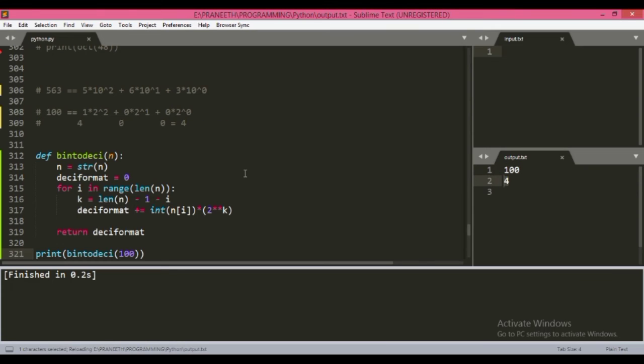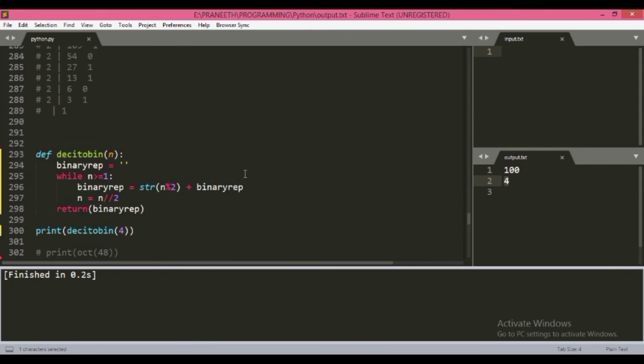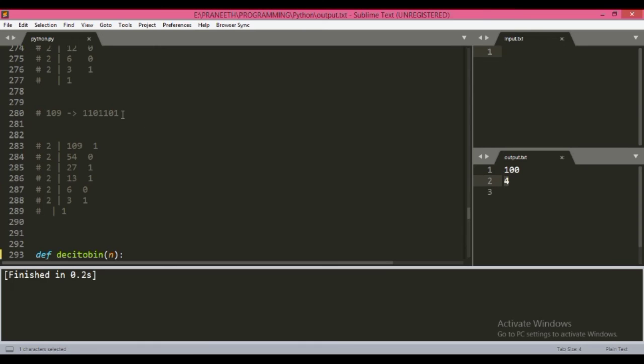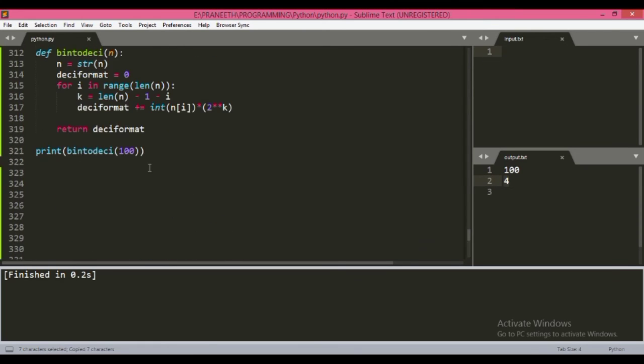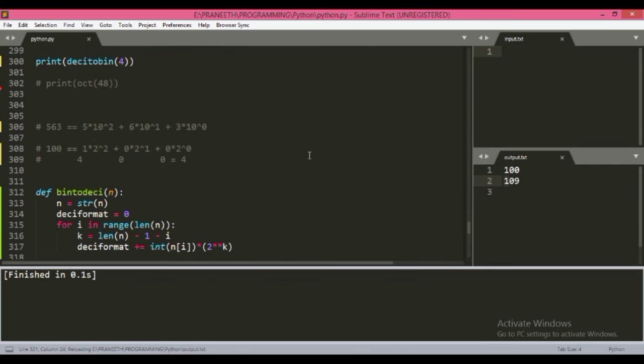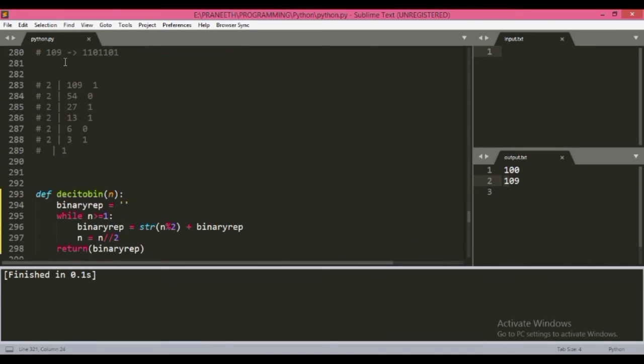So let's validate our previous answers. So here let's take this binary representation and then convert it to the decimal. So here also we got the correct number 109. You can see here we took the decimal 109 and converted it into the binary.